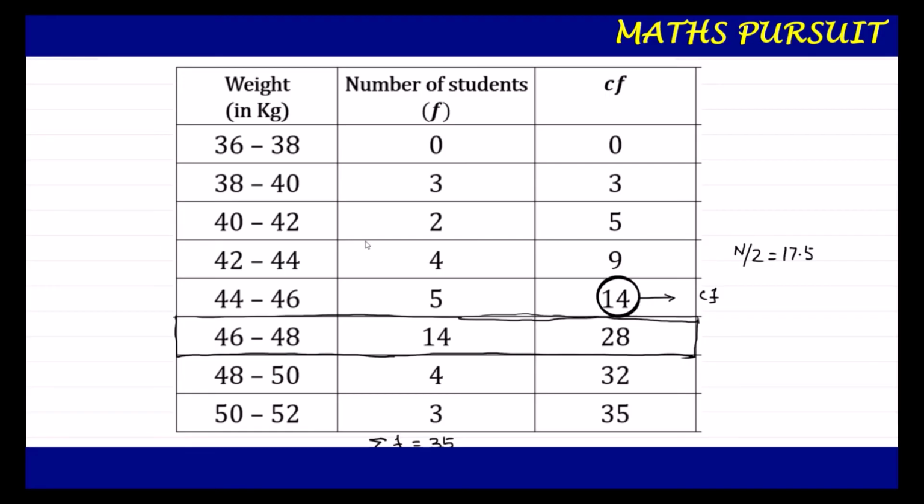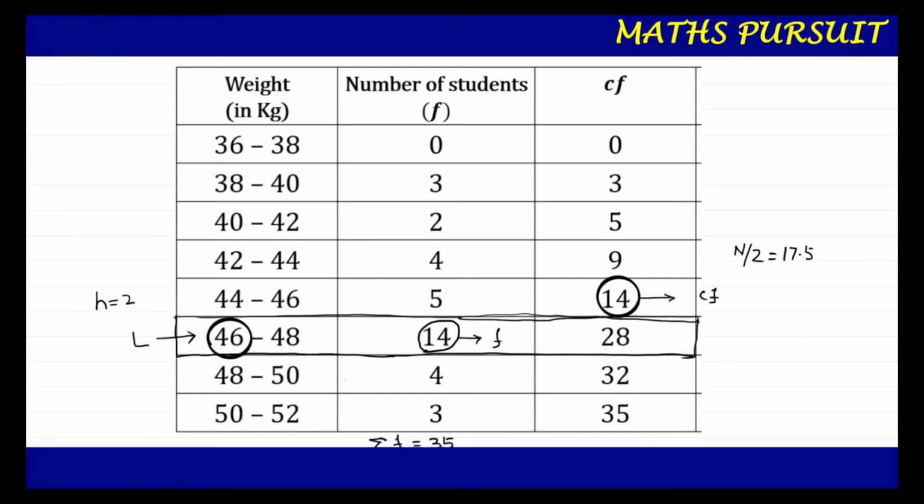This 14 is going to be the cumulative frequency for our calculation, and the frequency in the median class row is going to be the frequency we consider for the calculation of the median. And this lower limit, 46, is going to be our L. So L and F, we are taking from the median class row. And let us find the class height. Upper limit minus lower limit, we see that our class height is 2. 46 minus 44 is 2, or 38 minus 36, it is 2.